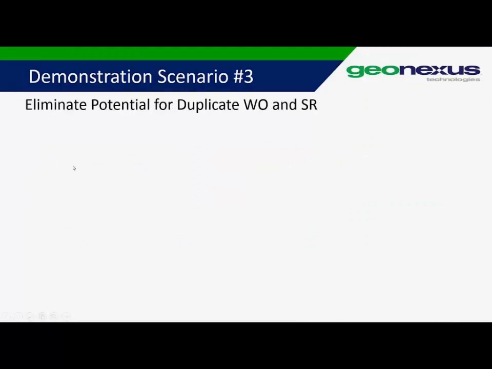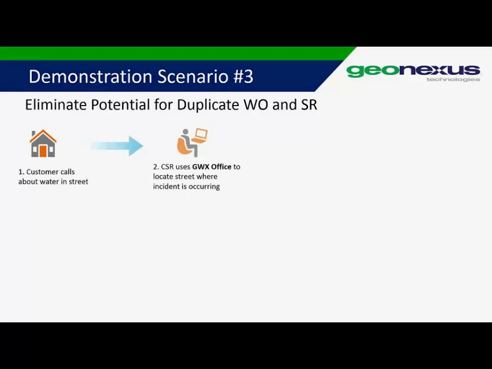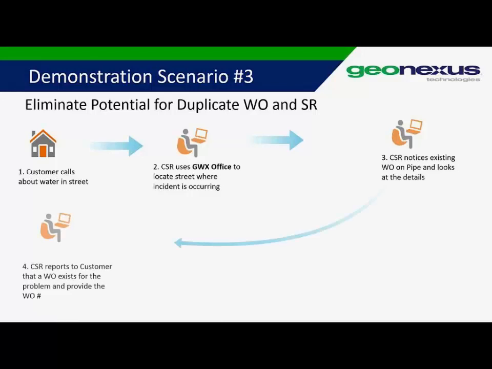Thanks, Lindsay. So wrapping up with our third and final scenario, we just want to show something real quick about how GeoWorks Office can be used to screen out existing work orders and service requests so that we reduce the potential for duplicates. So a customer calls in about water in the street. The customer service rep uses GeoWorks Office to locate the street where the incident is occurring. The customer service rep notices that there's an existing work order already created with a description that matches the problem